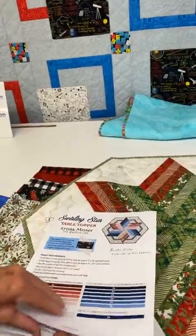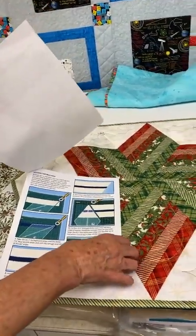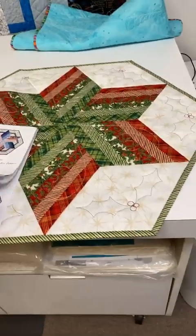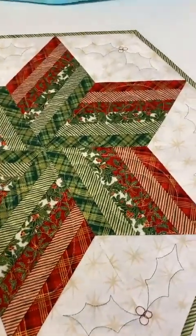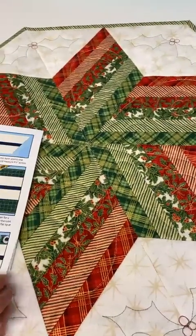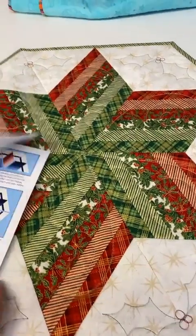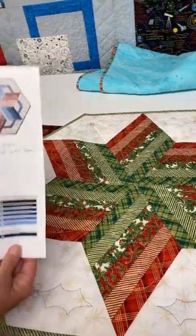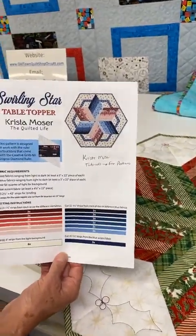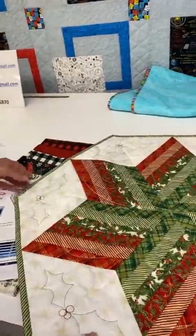So with the pattern, you really need to already know how to use the ruler, because it gives you the specific cutting instructions for this, but not really how to use the ruler with the strip sets. So if you've done these before, then this would be a nice table topper. So we used, well, Stacy used